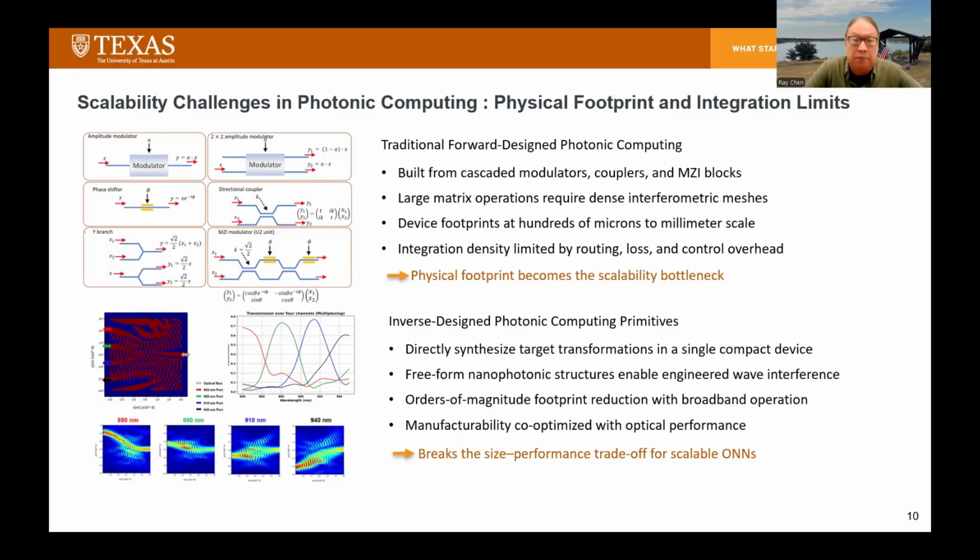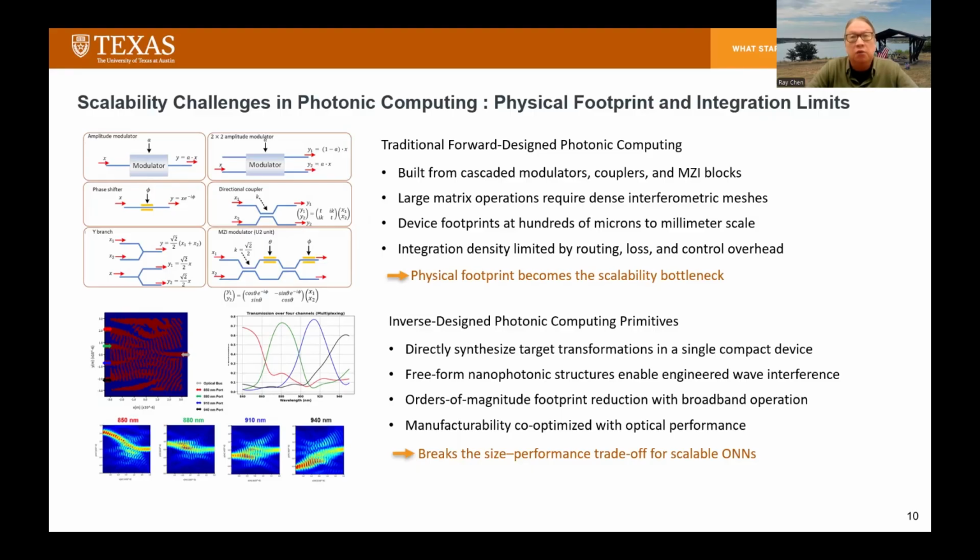I visited Rome Lab a couple of years ago, and they showed me an electronic neural network that can do very large matrices, much larger than photonics. So right now, what we are trying to overcome is to minimize the device size while maximizing the computation power per unit area using photonic chips, so it can really be useful for some Air Force or DoD related tasks. So in this case, even with the specialized design, the footprint of the photonic devices remains large,